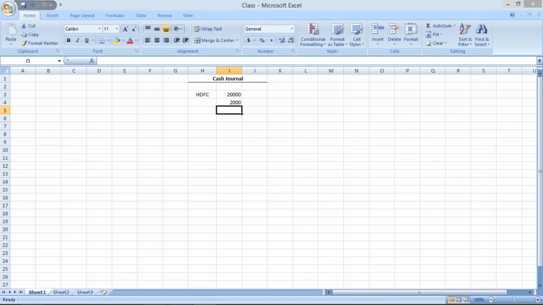One GL is going to be debited and the other GL is going to be credited. Of course, if it is a withdrawal, the bank GL is going to be credited, but which is going to be debited? We have to create a petty cash GL, and that GL will be debited during withdrawal. If we withdraw the amount from the bank, we are transferring the amount into the petty cash GL.